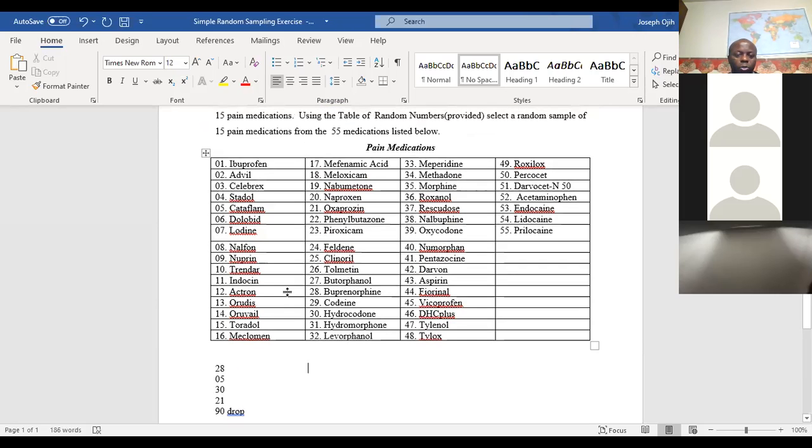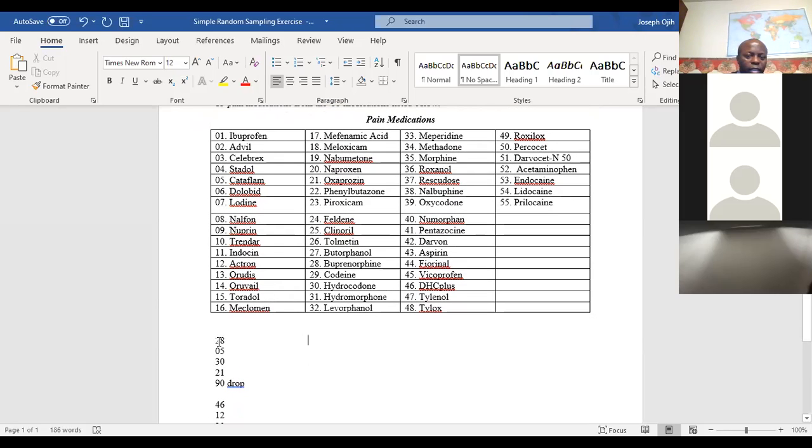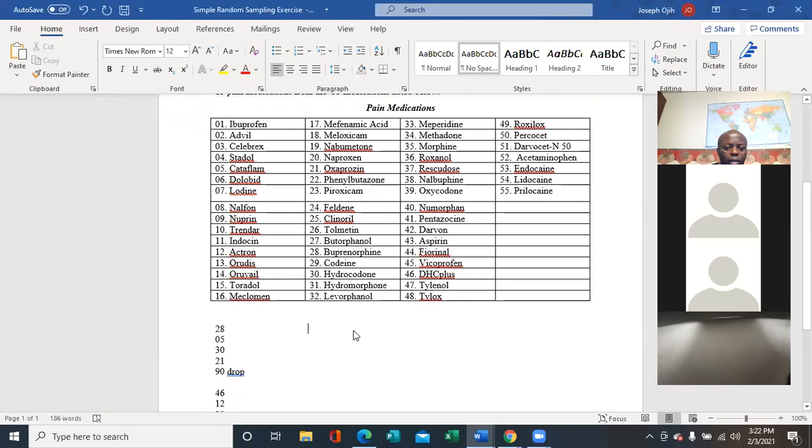Okay. So this number now, number 28, make sure you're seeing this. Yep. Number 28 is for what medication? 28 is for the medication buprenorphine. So you pick it.